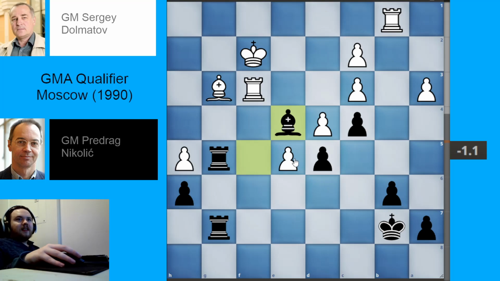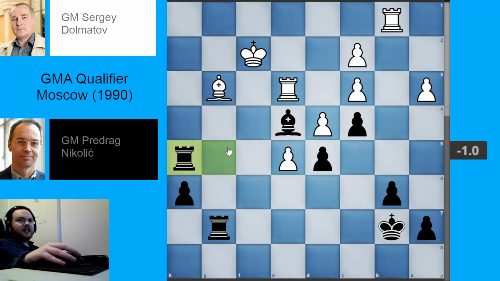front. And anyway, after bishop to e4, white has only one good square for their rook, because the bishop on g3 would drop. We have rook e3. Black now takes the pawn on h5. We have rook to f1. And here in this position,